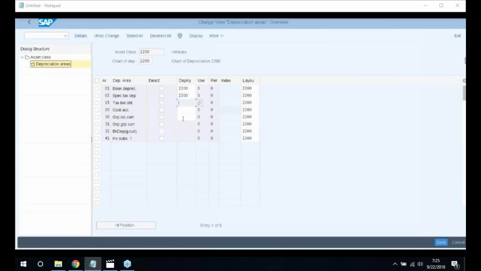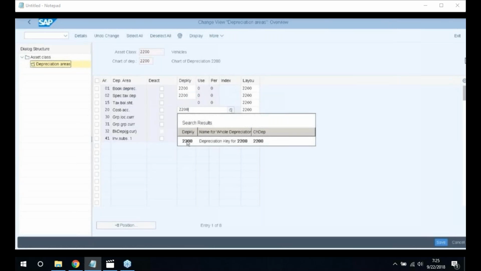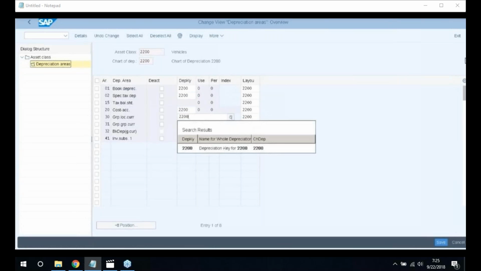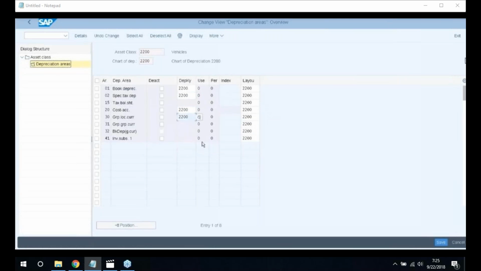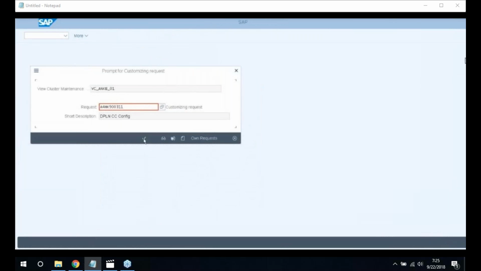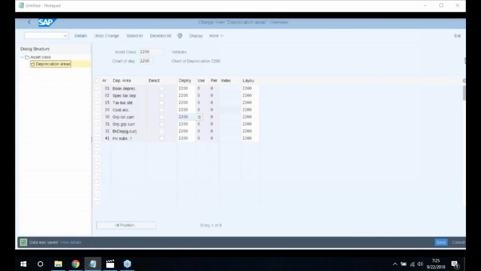Select. Enter for the cost account. Enter for group local currency. Now, once we enter the depreciation key, let us click on save. Click continue. Now let us go back